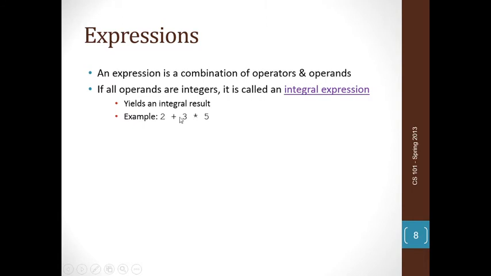So this is an expression. An expression is a combination of operators like plus, multiply, and operands like 2, 3, 5. So an expression is a combination of both operators and operands.